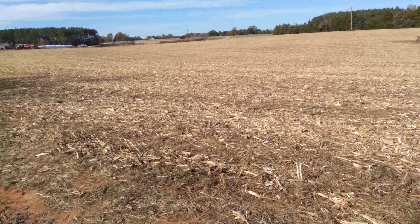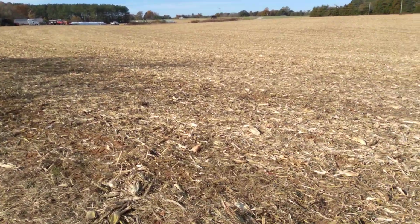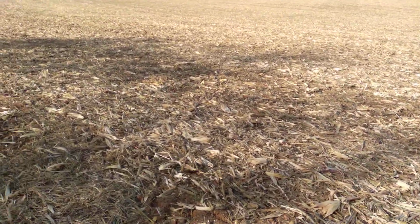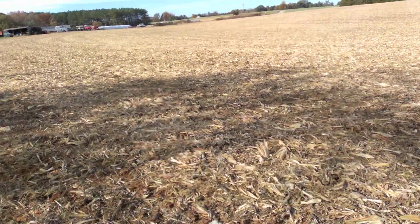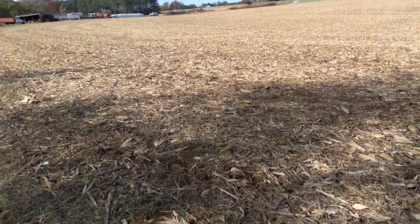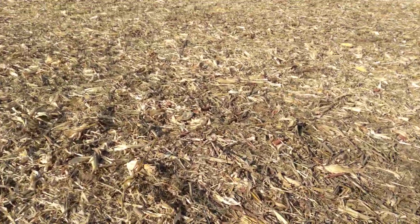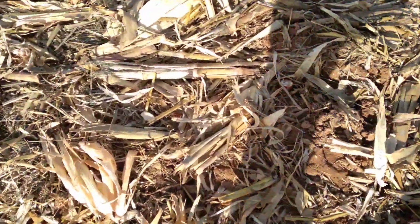That's going to allow the stalk, cob, husk, all of the fodder, as we call it here in the South, to decay quicker and faster and use that for plant food for the next crop. Now this field is seeded in winter wheat. It was just seeded yesterday, and you can see in places here